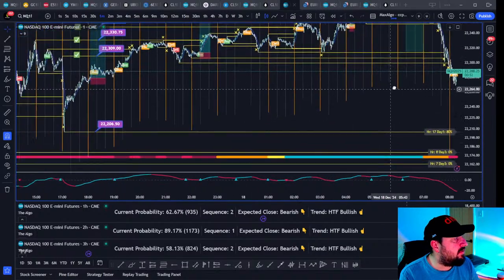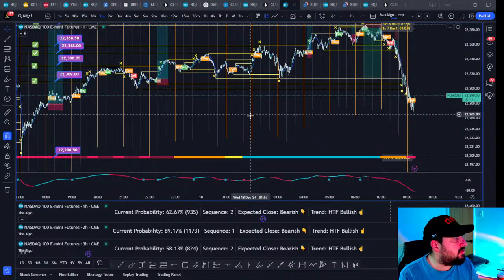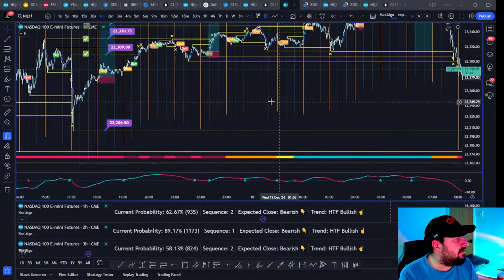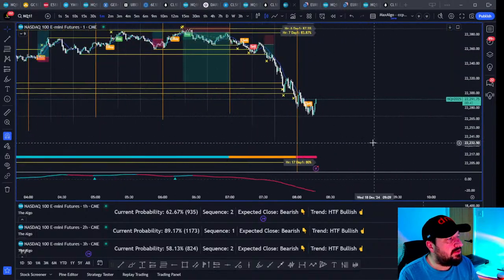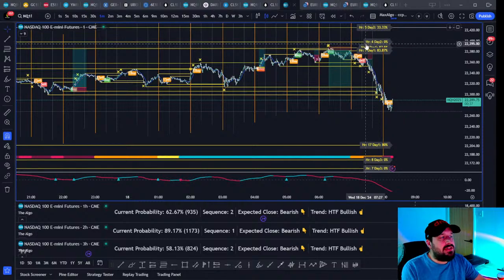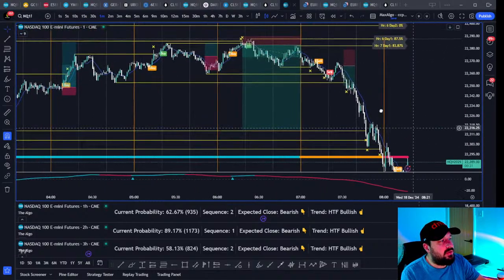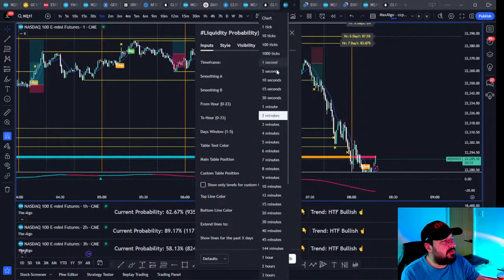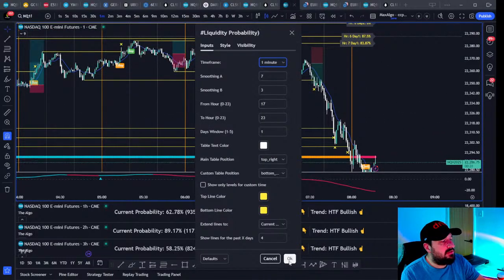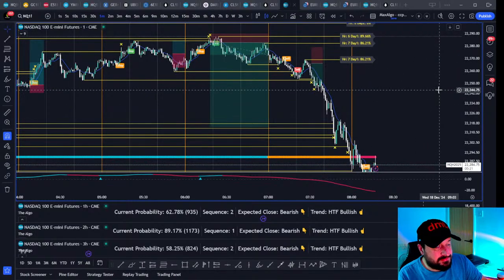We have just wiped out all the major liquidity inside of that, really, right? We've got this low that's gone, this low that's gone. So what do we do now, right? We haven't looked at the liquidity on the way down. We've hardly created any liquidity. So if I go down to the 1 minute, we might have some liquidity on here. Yeah, there we go, right at the top. So we haven't generated that much on the way down because of how fast it was moving down.